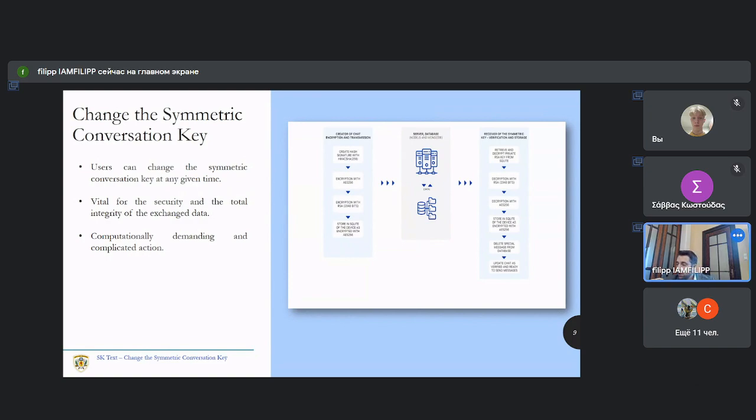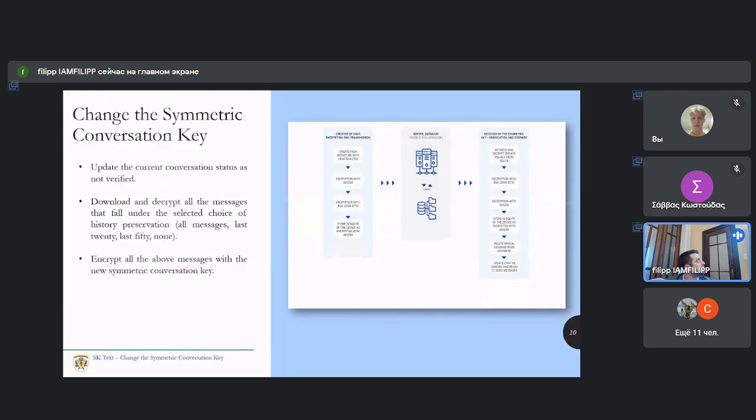Although this action is computationally demanding and complicated due to the immense internal actions that have to take place. In further detail, the sequence of actions is initiated with the update of the current conversation status as not verified.